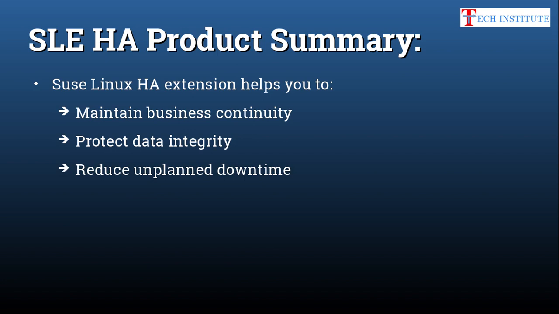How does it reduce unplanned downtime? As I was telling you, you have one application running on multiple nodes. Now one node is overloaded and got rebooted. Still, your application will be moved to the next node, so your application is still up, running and accessible. The only thing is the cost of loss of redundancy. That loss of redundancy is there, but your application is still accessible and continuing. That's how you are reducing unplanned downtime for your application, not for the infrastructure which got rebooted. There the server has downtime, but your application is still accessible from another node.